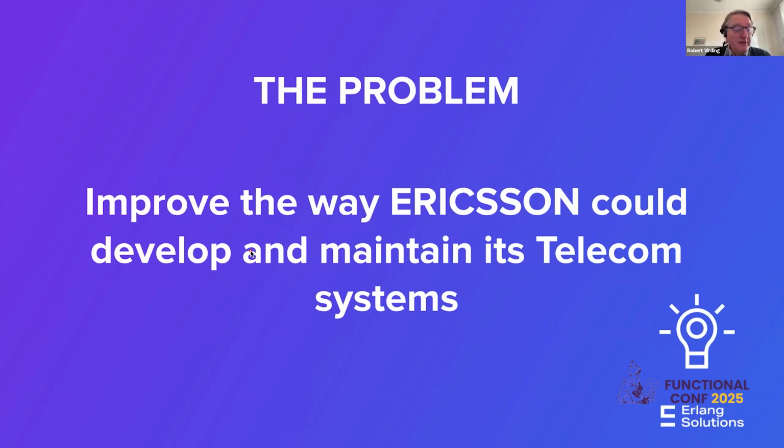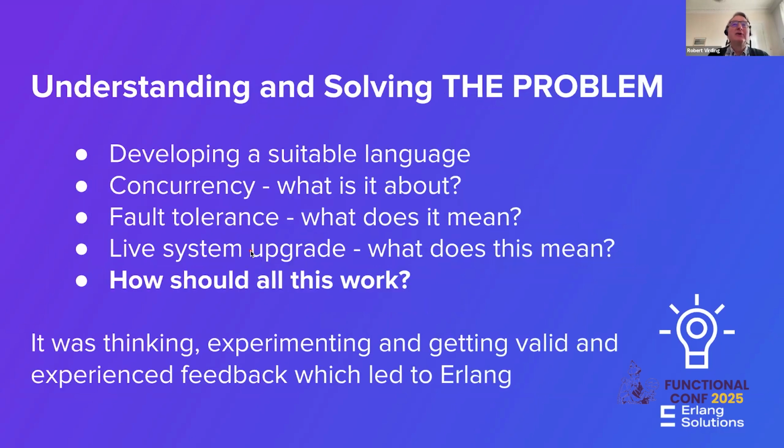So they had a very good system called the AXE, which was one of the very early electronic systems for telephone exchanges, and it worked very well. But of course, you can always make things better and have new ideas for it. And this is one of the problems we were looking at in the computer science lab. We were doing other things like this one. And what you find is that you have to understand the problem. What was the problem, and how could we do this?